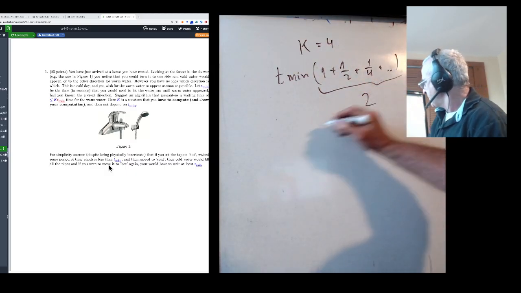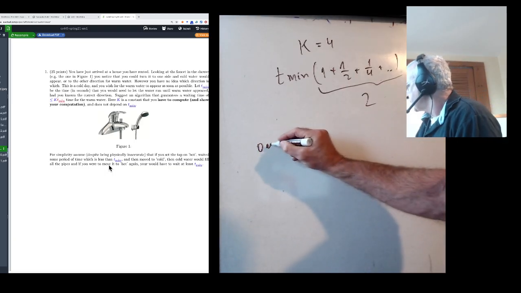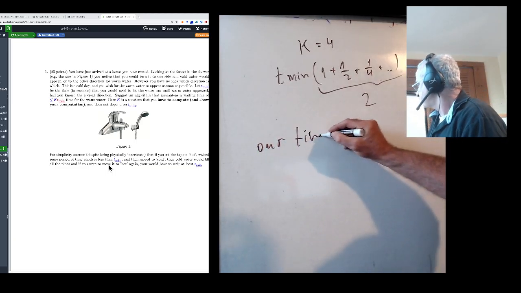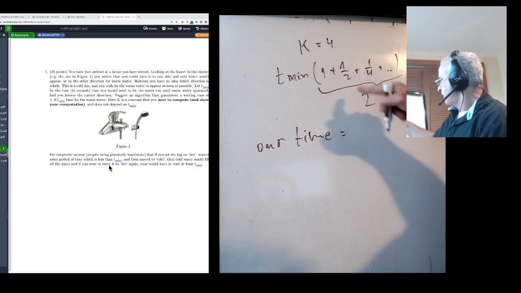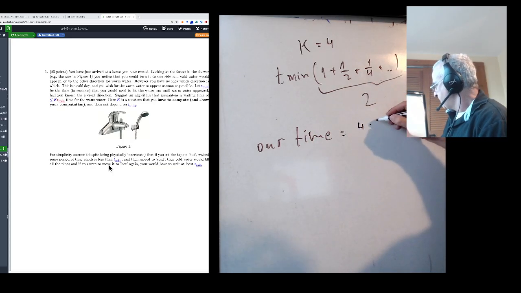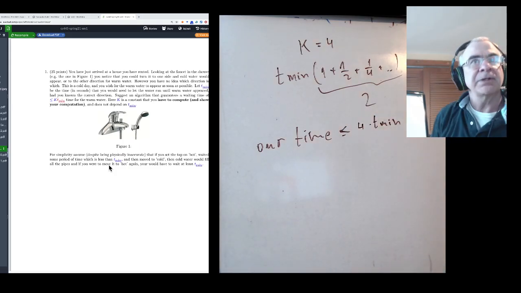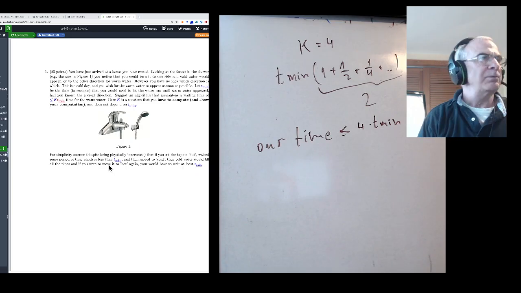That is, we can solve the problem in our time equals 2 times, the 2 directions, times t-mean, smaller than or equal to 4 times t-mean. Well, that's